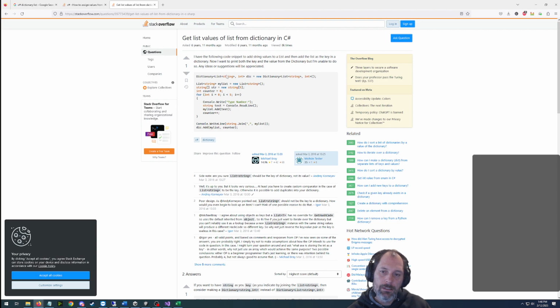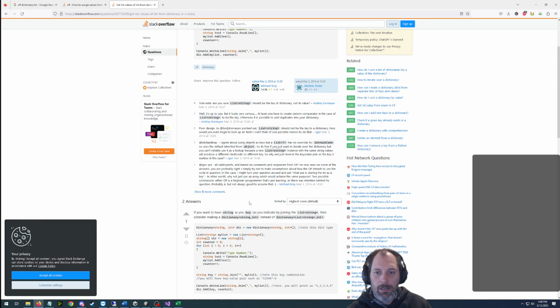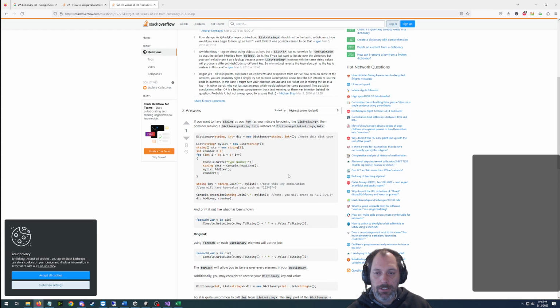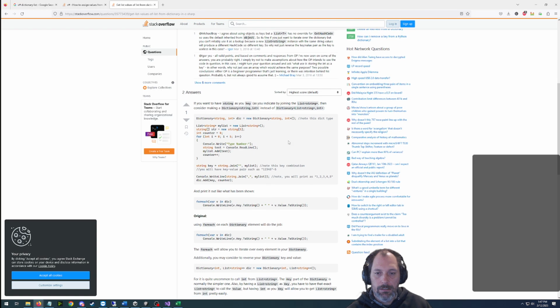String... of the following code snippet to add string value to a list and then add the list as the key in the dictionary. Are you sure that should be the key, not its value? If you want to have a string as your key, as you indicated by the list string, then consider instead of that, list string. Note this dict type. My list equals